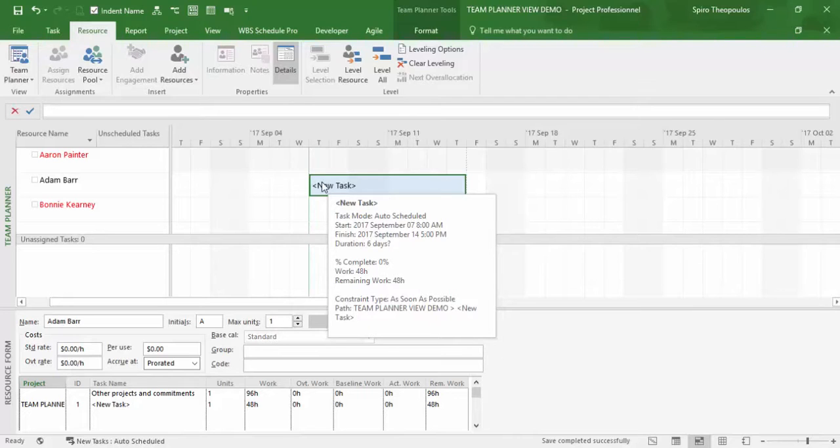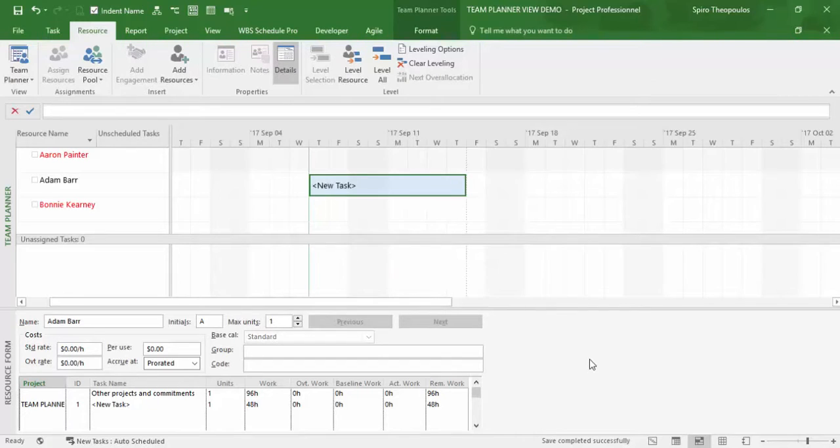about the task. Once assigned, I can see in the resource form split now that the task is assigned to Adam and that he has 96 hours worth of other projects and commitments as well, between August 15th through March the 3rd, 2016. Let's go back to the schedule resource form to see the dates where those other closed project